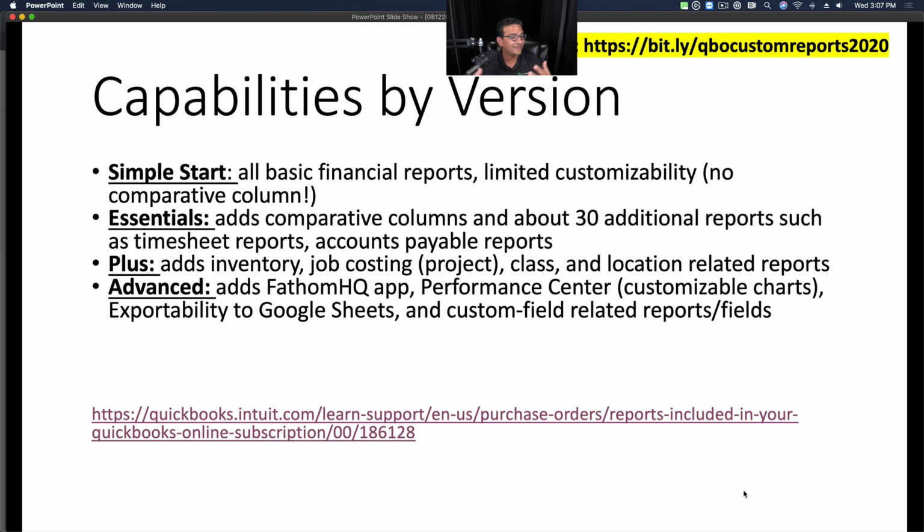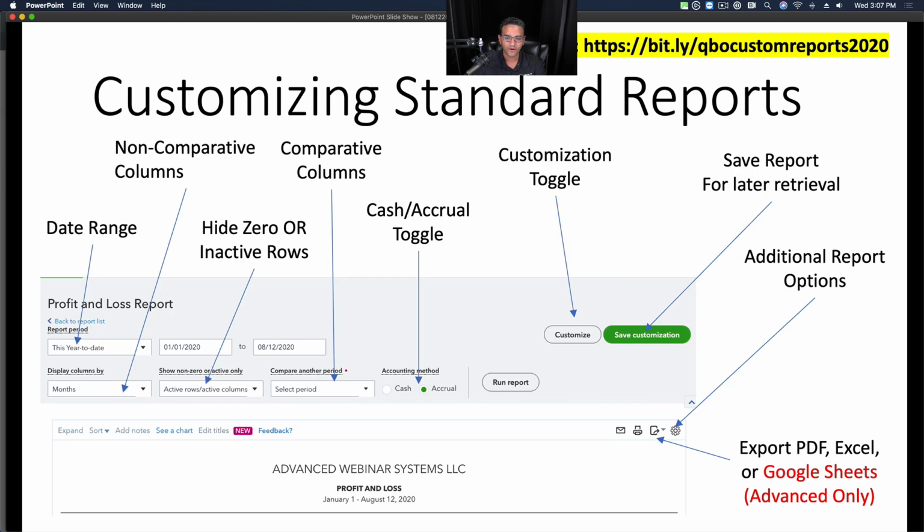So it's really important that you know what version you're working in before you start working with reports, because it might be frustrating to try to build a report and then realize that the version you're in doesn't have that capability. Okay, so